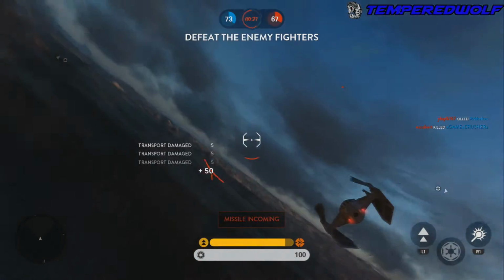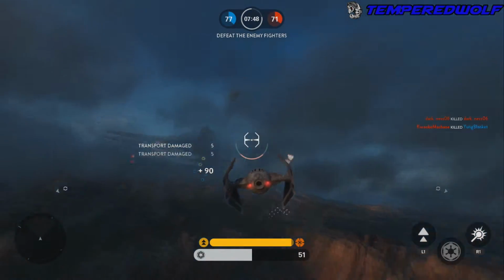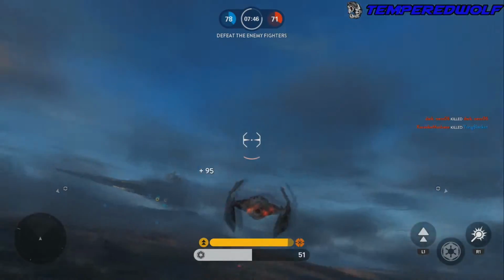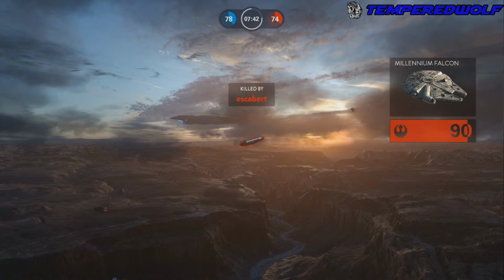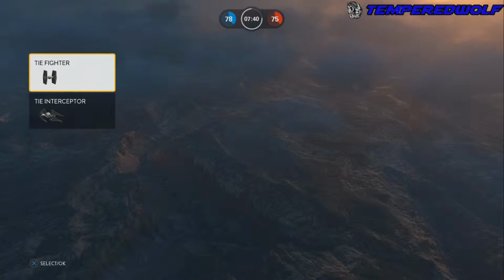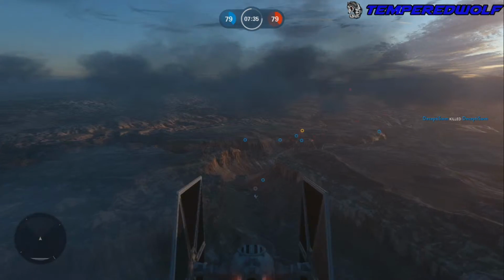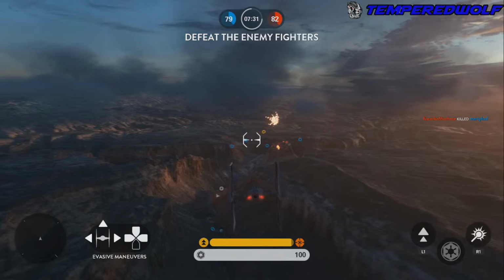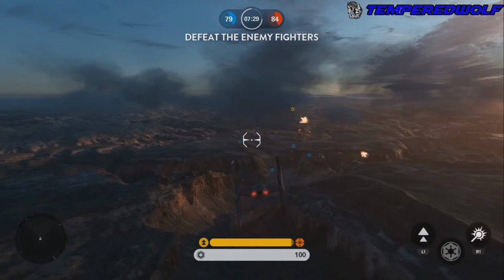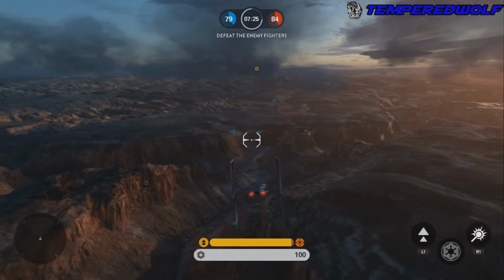But yeah, it is so much fun because not a lot of games offer where you can play both on the ground and in the air. A lot of first-person shooters and third-person shooters are just on the ground, but this one you can do both. As you can see, I use the Interceptor and the regular fighter a lot, so it's basically X-Wings versus Interceptors, an all-out battle. It's pretty fair, but you really have to